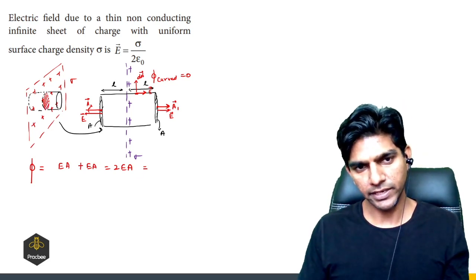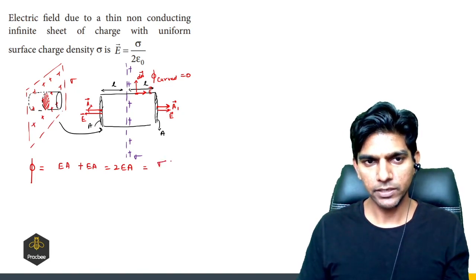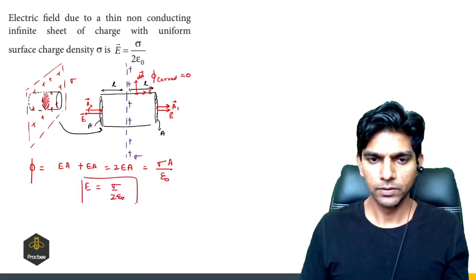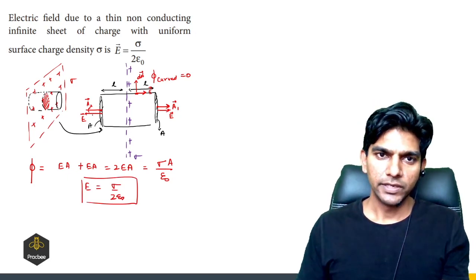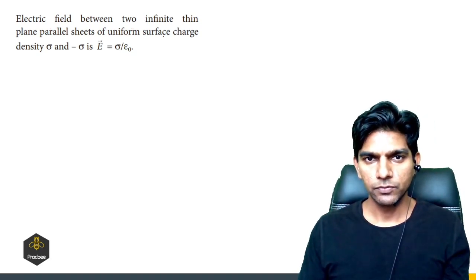So this surface has an area A and the surface charge density is sigma. So charge enclosed will be sigma times the area divided by epsilon naught. So from here the electric field comes out to be sigma by 2 epsilon naught, and it will be normal to the surface, right? So next is the electric field between two infinite thin plane parallel sheets of uniform charge,